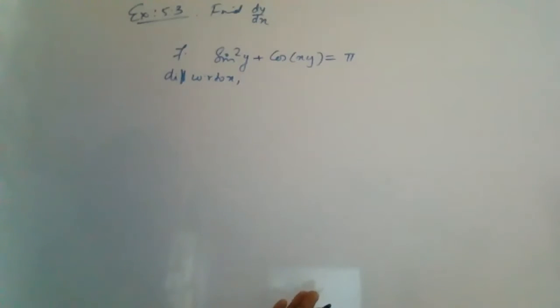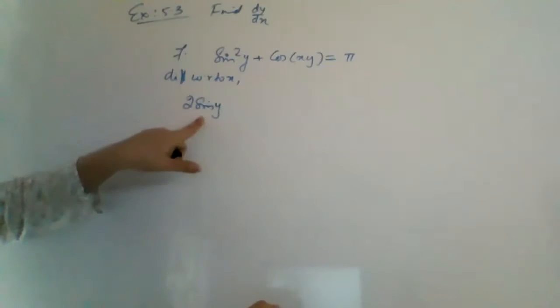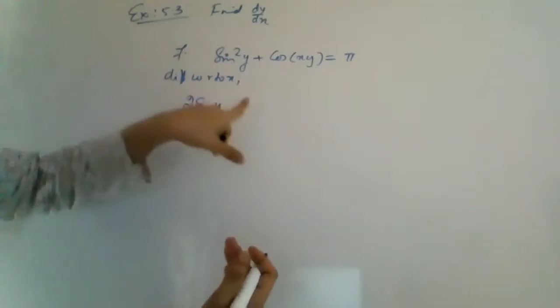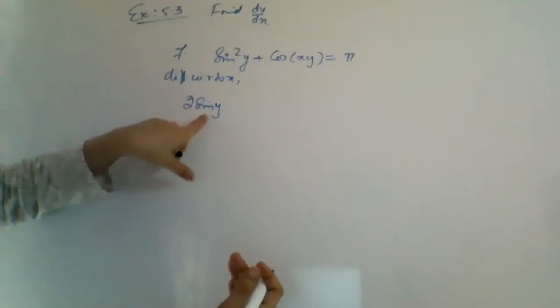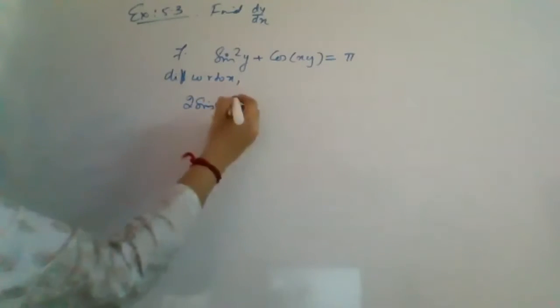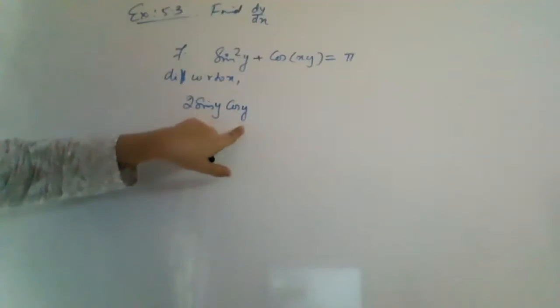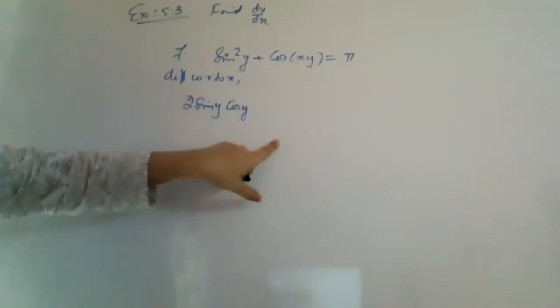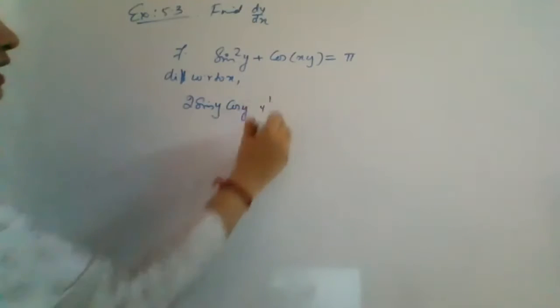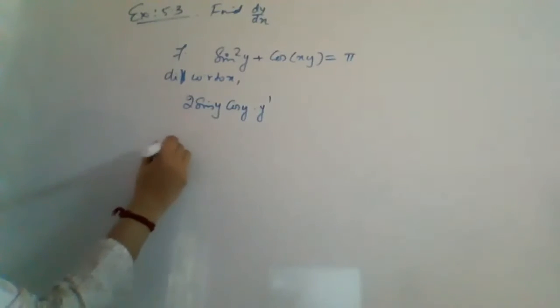For x square you differentiate first, so you will get 2 sine y. Then, if it is not x, you will write the derivative of the angle. So here it will be sine, and what is the derivative of sine? It is actually a chain rule. The derivative of sine is cos y, and again it is not x, so you have to write the derivative of y also. So you have y dash here. You understood this? For sine square, you just treat it as x square.